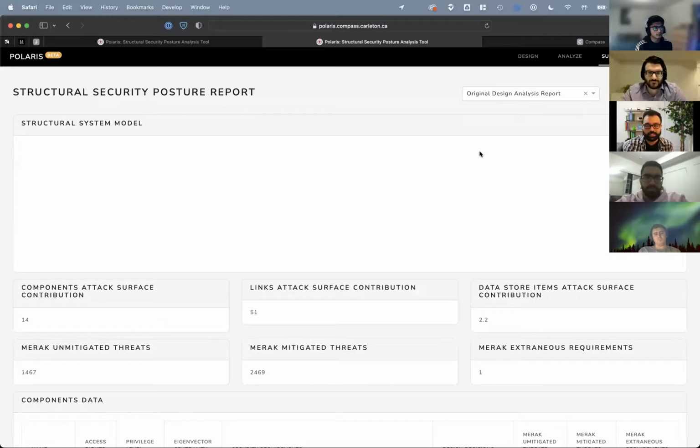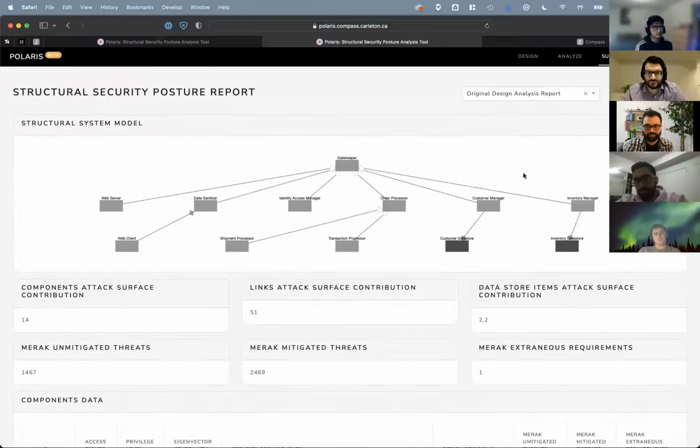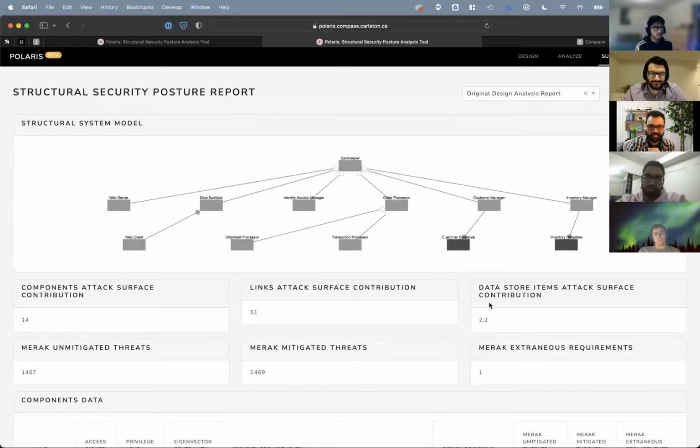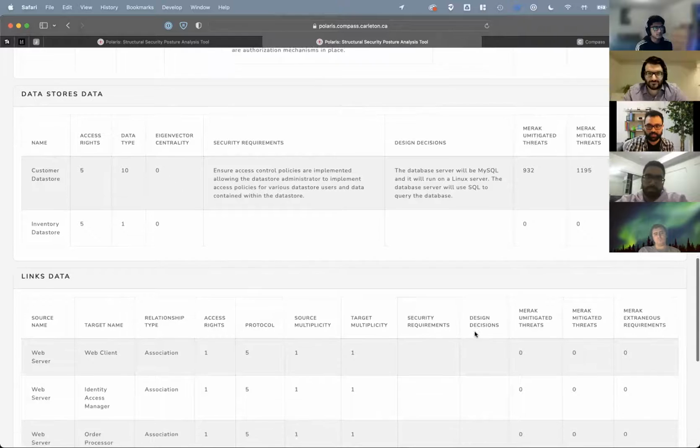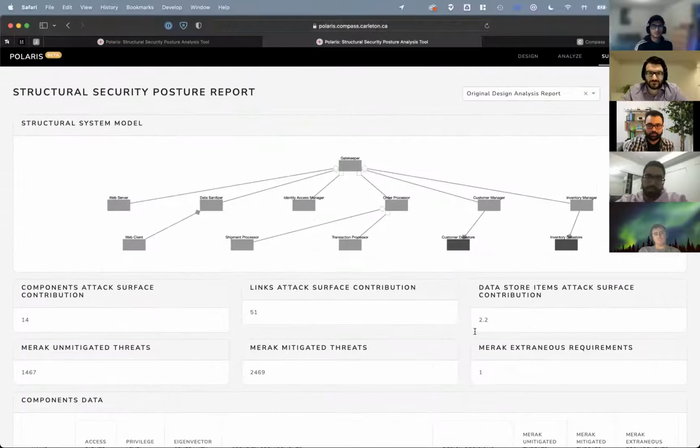And of course, you can generate a summary when it works. There it works. And so that way you can then use this report for later comparisons and other types of analysis. So this is a tool that we worked on that helps system architects analyze existing designs. So we're not making them learn new ways of doing things, but rather integrating their existing workflow into this analysis process to be more informed about the security landscape of their architecture.